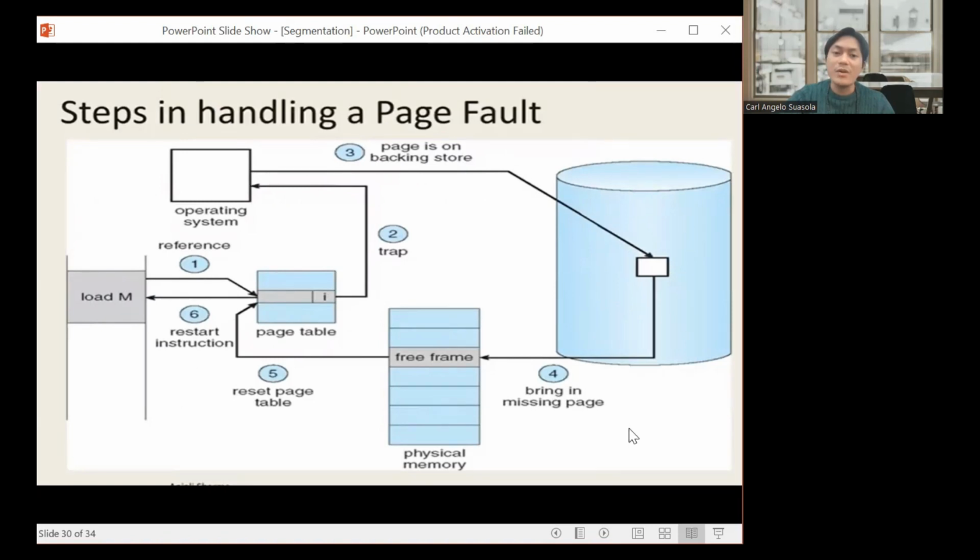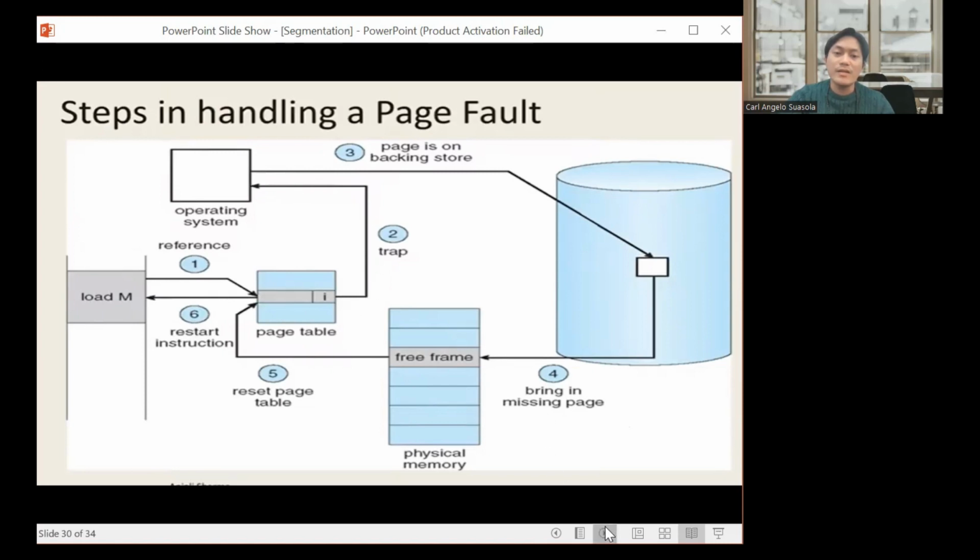So it allocates and brings the missing page back into a free frame and puts it in our physical memory, and it will reset the page table since it is not invalid anymore, no? So it has a free frame and it will restart the whole instruction so that again it can execute